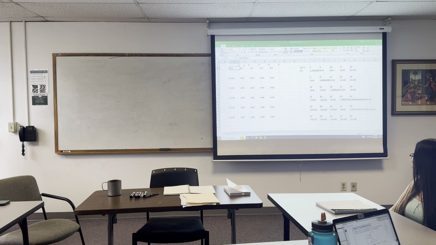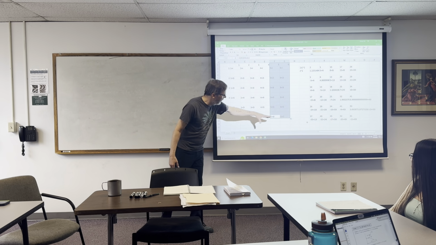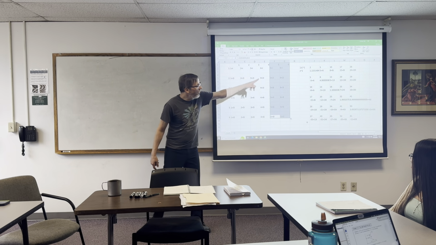Once I have that, I just put 1, 2, 3, 4, 5 across here, and 1, 2, 3, 4, 5, 6 down. Notice that I can extend this as much as I want now. That's one of the beauties about Excel. If I just move that to the right, it automatically creates the next column of numbers, and I could do that down here. So over on the right,